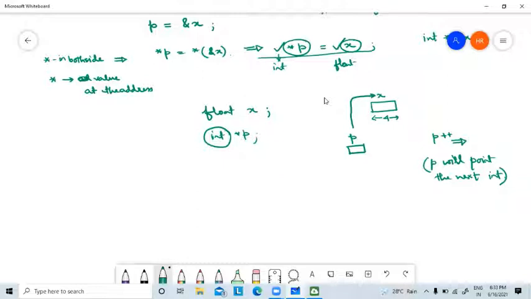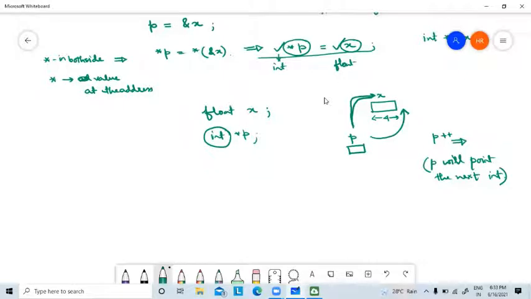But what is the type of x? It is 4 bytes. If p is pointing to a float, then p++ should make p point to the next float variable. That is the logic.